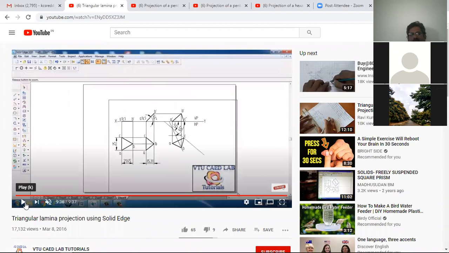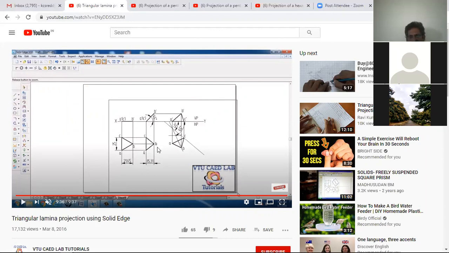So is it clear now? Here, the mistake he has made is moving with the move copy command. He has used the blind move, because while moving the object you need to pick any one of the corners as a reference. You need to move the particular object with the corner as a reference. So he has used the blind move. Please don't use that blind move.